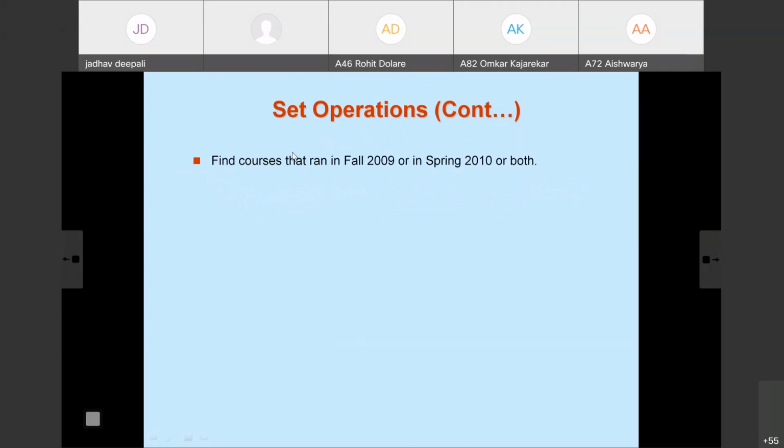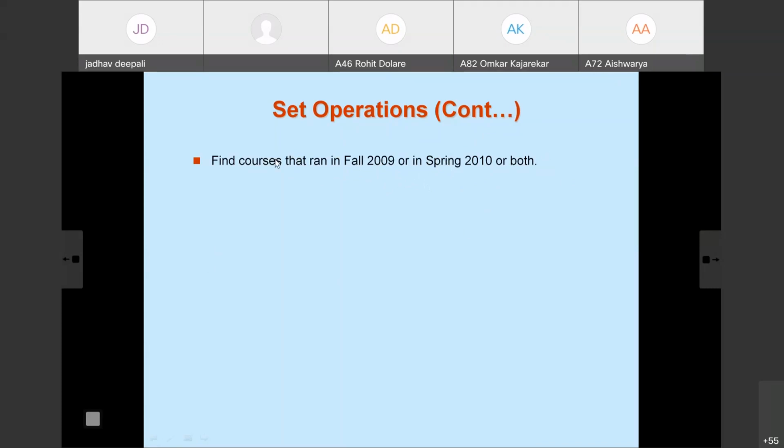To solve this query, what do we want in the result? Course ID. What predicate is given here? Fall 2009 and spring 2010, that is semester and year, given as a predicate. What we want in the result is the course ID.